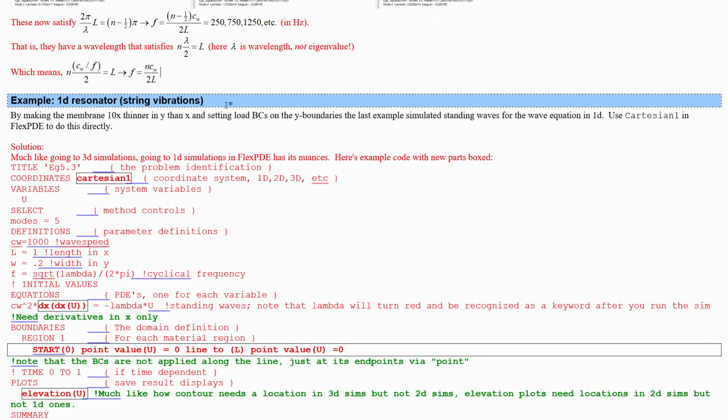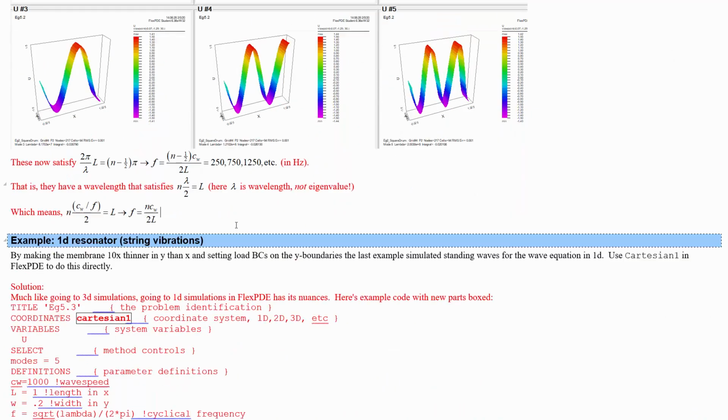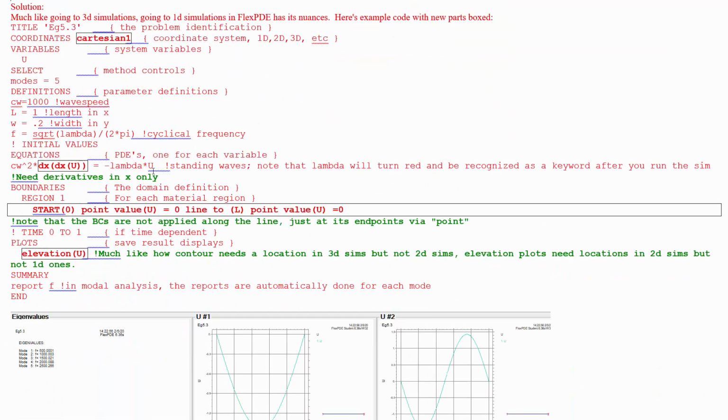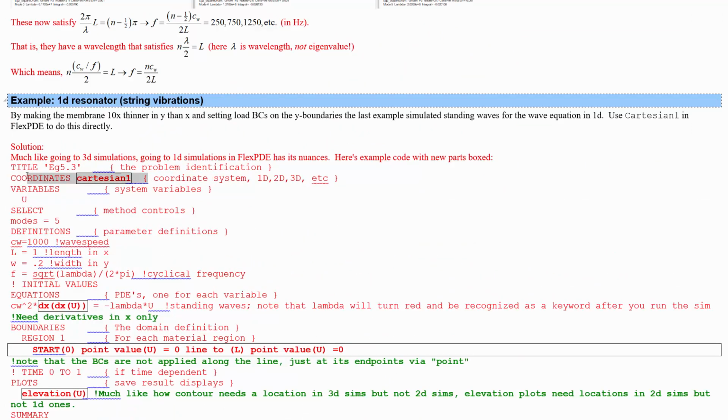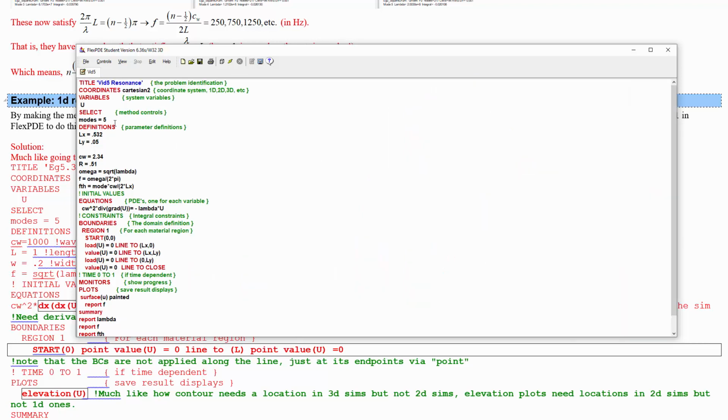Since these are basically one-dimensional modes, we've made the y a lot smaller to try and deal with it. You might be interested to know that Flex can actually do one-dimensional simulations using Cartesian 1 instead of Cartesian 2. So if you're ever looking for this one-dimensional mode, you can get slightly more speed and avoid those crashes like we just had by inadvertently setting a really weird aspect ratio by just switching it to Cartesian 1. So if we go Cartesian 1 here,